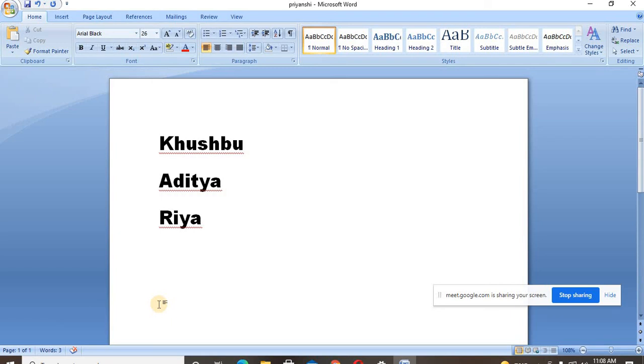Isn't it amazing that it is helping you know how many words you have written? Suppose your teacher is giving you homework to write 120 words on, say, a tree. Will you have to count over there? No. You will be able to see from which bar? Status bar. The number of words is shown to you in the status bar. Now I am writing one more name, Aman. The number of words has changed and it is visible on the status bar.